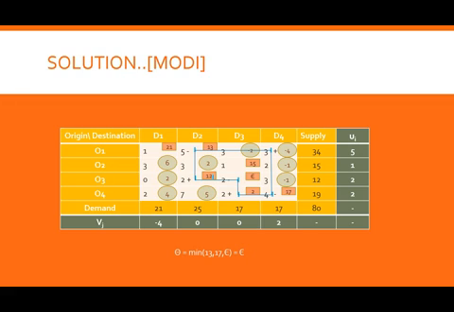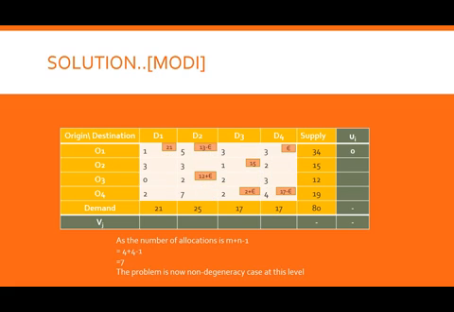So here when I add epsilon, it will become 12 plus epsilon. Here it will be 13 minus epsilon. This 15 will be unchanged. Epsilon minus epsilon will become a 0 allocation. Here it will be 2 plus epsilon. Here I will get an epsilon allocation. And in this particular location, I will get 17 minus epsilon. So have a look. It becomes 21, 13 minus epsilon, 12 plus epsilon, 15, 2 plus epsilon, epsilon, and 17